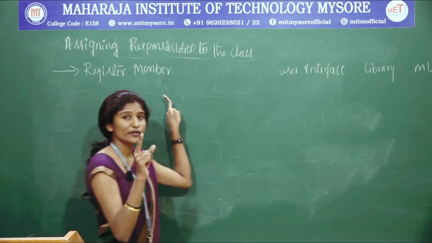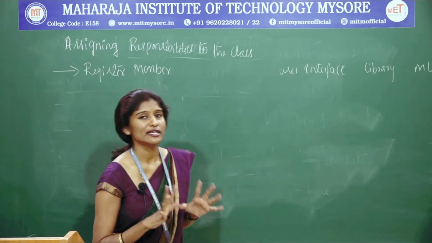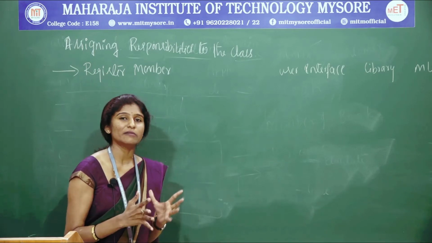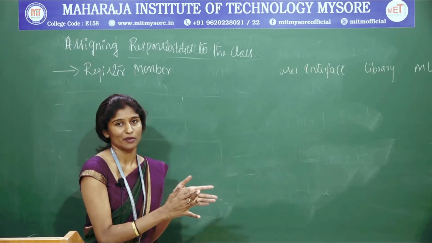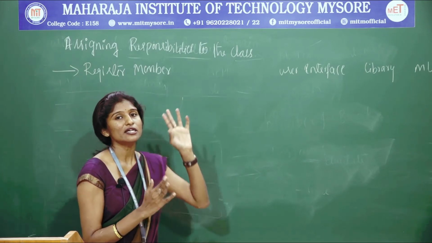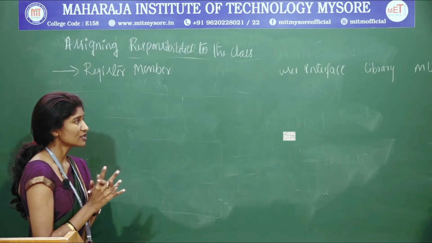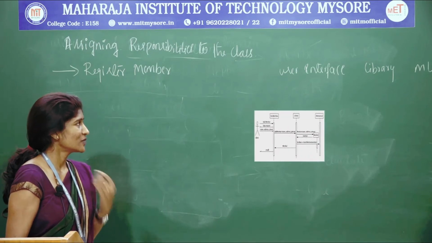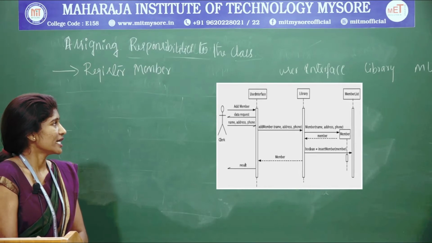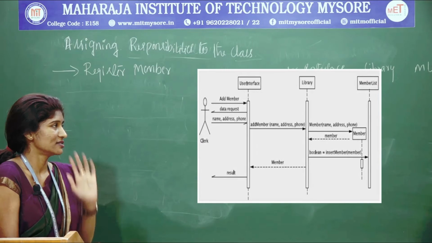You just recall the video of the use case diagram. The first use case diagram also focused on registering a new member, adding a new member. Now the same use case is represented as a sequence diagram. That is why here also I am going to use the first step, registering a new member. How to register a new member through this sequence diagram? Go through this sequence diagram. It contains 3 classes: user interface, library and the member list. So we need to have these 3.